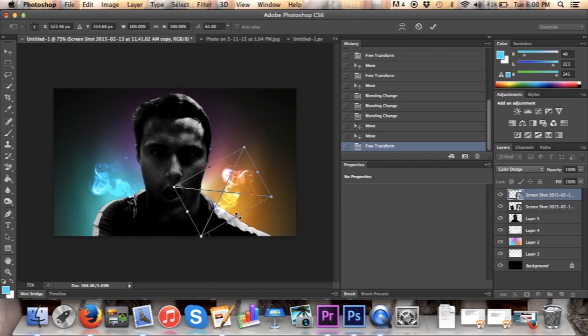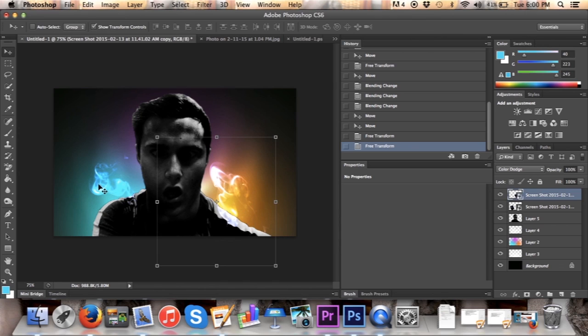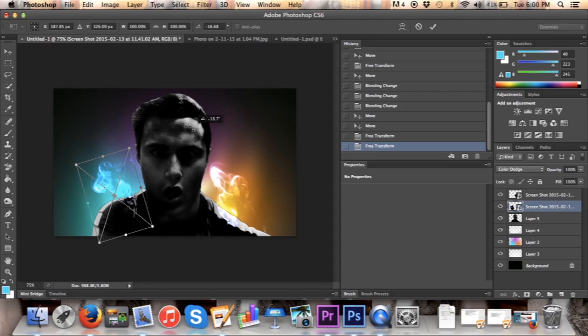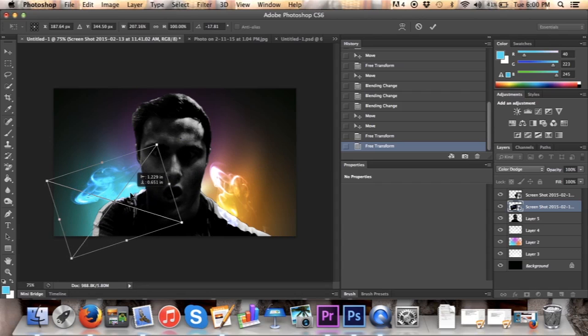I'm not sure why it doesn't want to cooperate. But you could also change the smoke around a little bit, just to add a little bit of diversity between the two different areas of smoke,